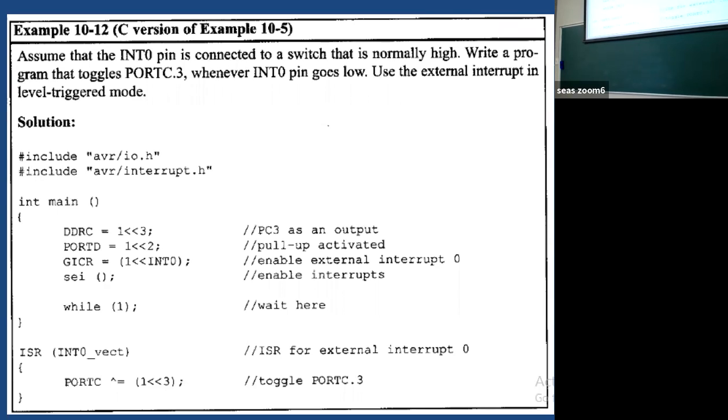Yes. So we need to include one more instruction. Correct. And in the main program, in the main function, we will also include the MCU control register. And you want to put 0, 0 for that specific value. So one more instruction should be added here. Is it clear? Now the author has not written it because the default value is 0.